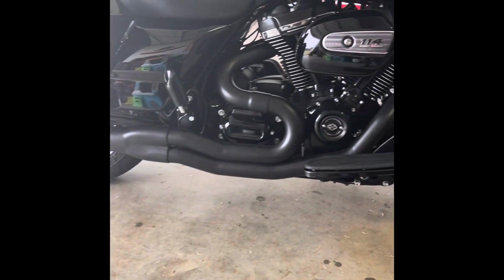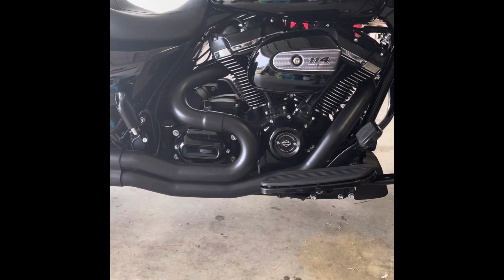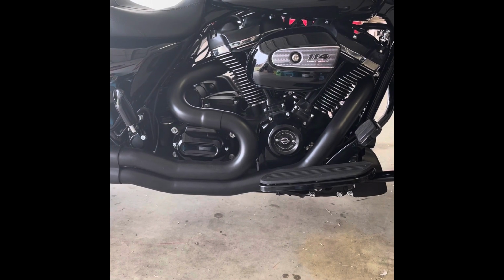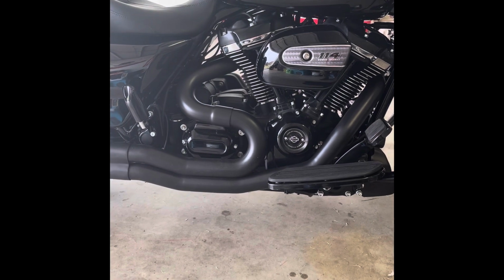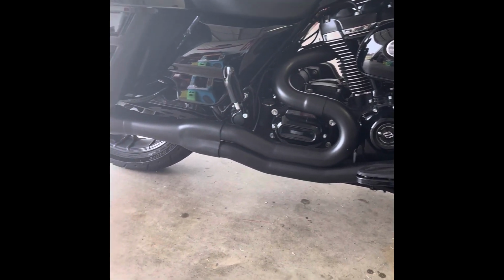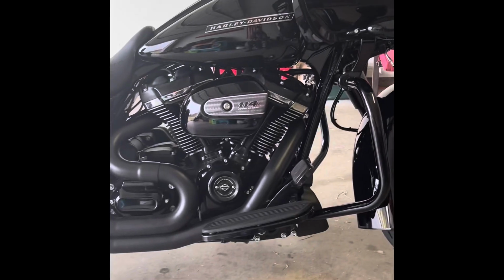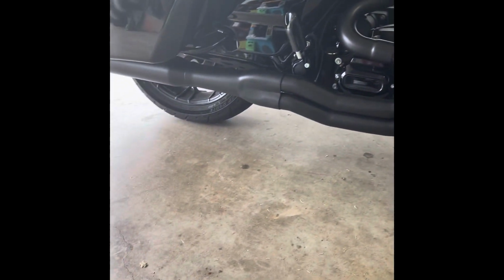Now, obviously this is butt dyno again talking, but the feel is dramatic. It's a dramatic difference. The torque is instant. It's there, and it doesn't stop. Horsepower catches up and just drags you along like a freight train. It's insane. Obviously, it was retuned again by Fuel Moto once I did the Bassani 2 into 1 exhaust here,